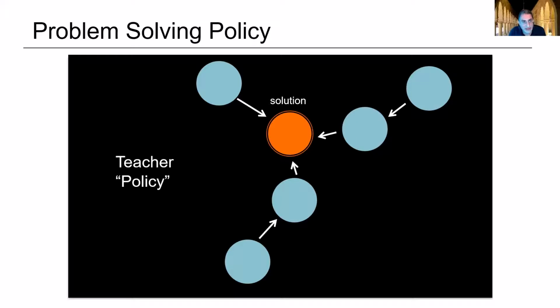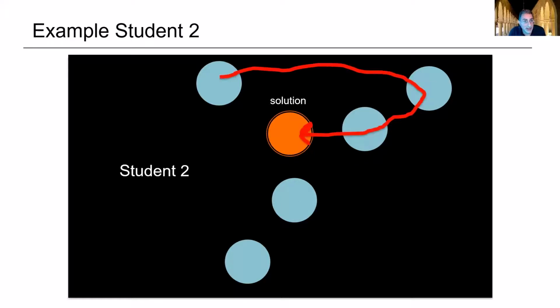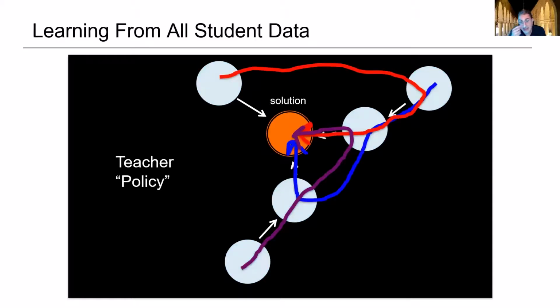And so we get lots of data from lots of students. So for student number one, we might see that they take this series of steps to get to the solution. So this is their starting code and then how they modify it until they get to the solution. For a different student, they might take an entirely different path, and still some other student might take a different path, and we have these paths for over 1 million students. So we now have a data set among all these paths. We can begin to think about, from those different paths, could we learn from the amalgam of them some sort of teacher policy? And so what I'm going to show you now is a little animation that Chris Peach put together